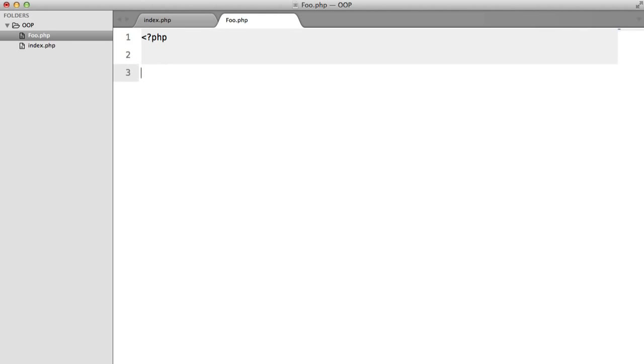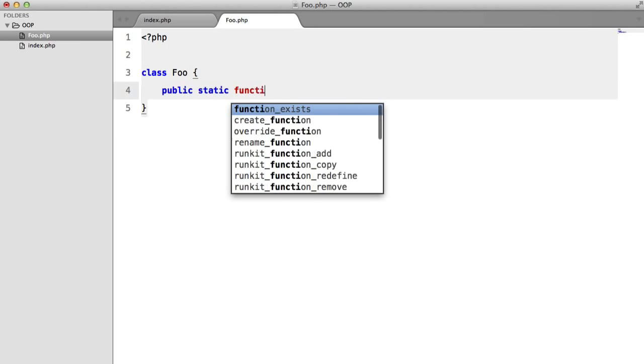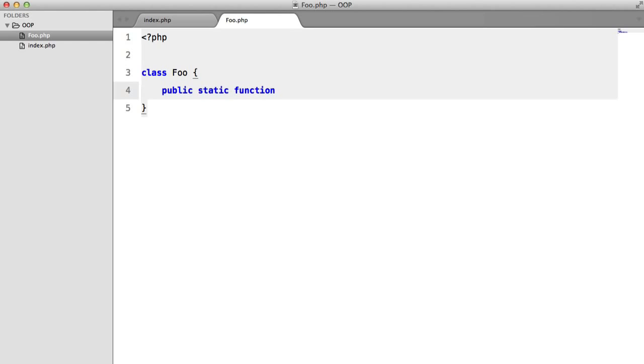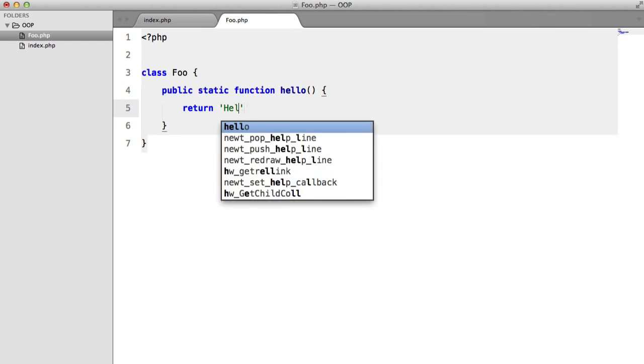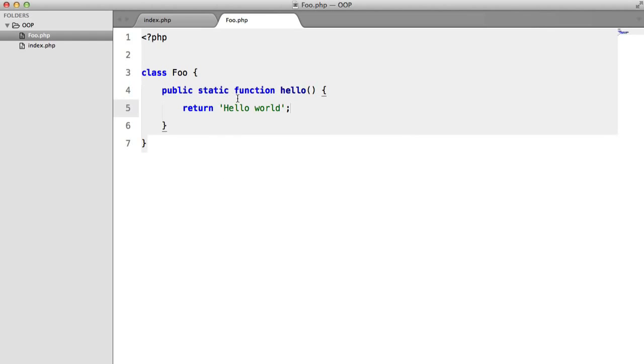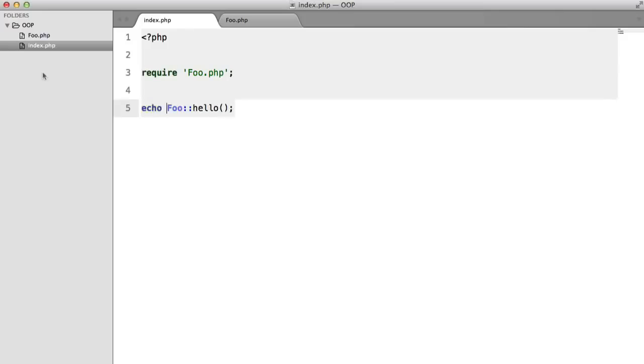So class Foo, and this is going to contain a public static function. This keyword is very important. We'll call this hello, and we're going to return "hello world". What static means is that we can call this method without creating a new instance. So we don't have to do all of this. We can just call straight away Foo::hello, and we do that with Foo, which is the class name, double colon, and hello. So if we look in our browser, hit refresh, and we need to echo this,